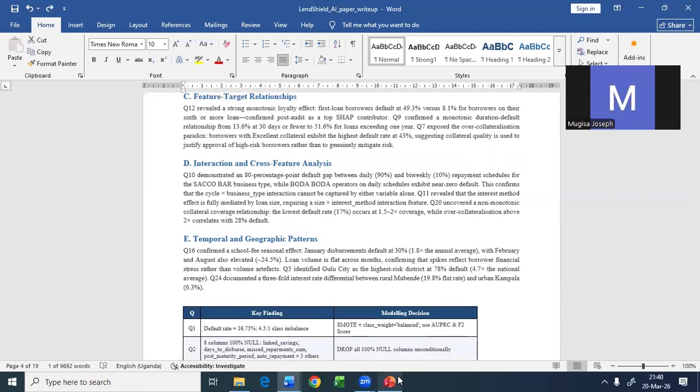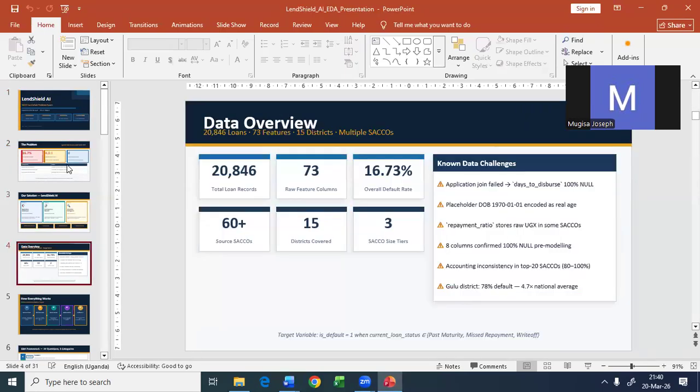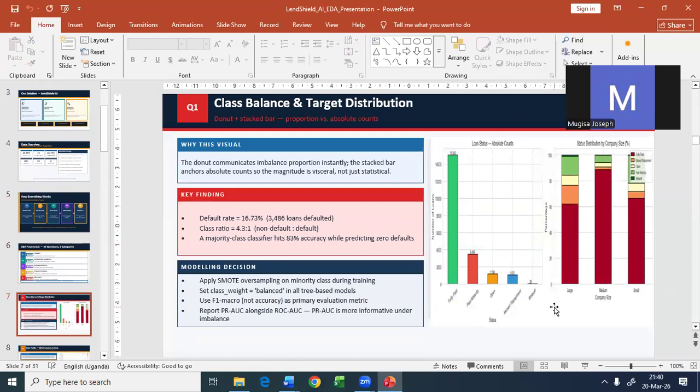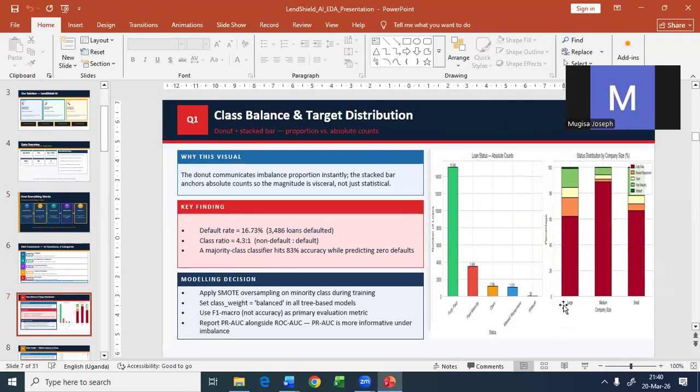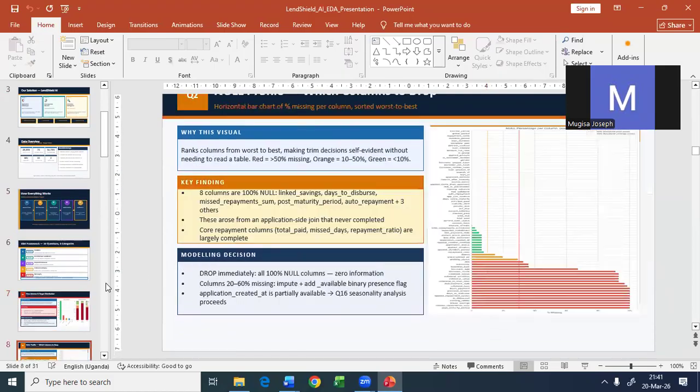So we shall take you through the slides whereby we carried out some of those visualizations. The first one, we can look at the class imbalance. This is where we visualized statistically. We looked at fully paid. You can look at the green bars. There are more. And then those who never paid past maturity, the red bars, giving us a very low bar.